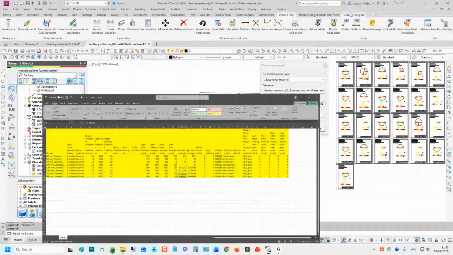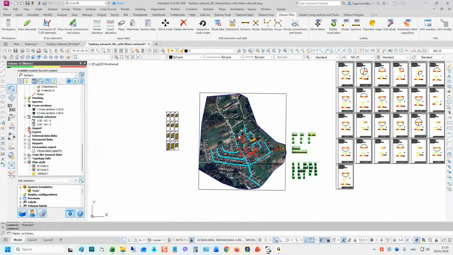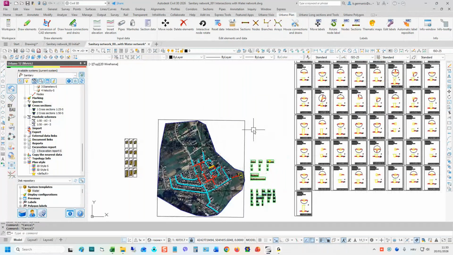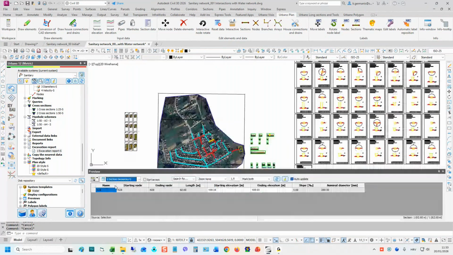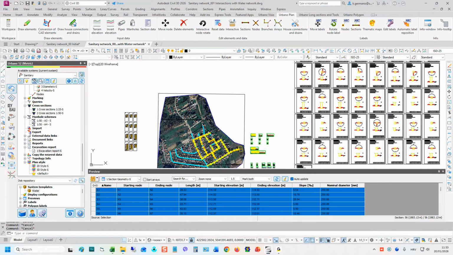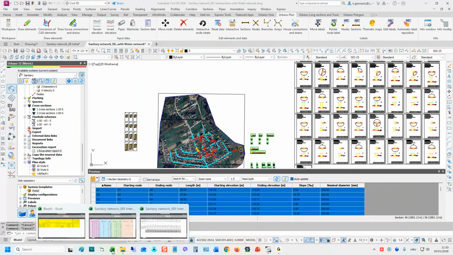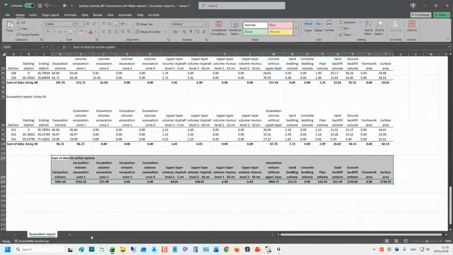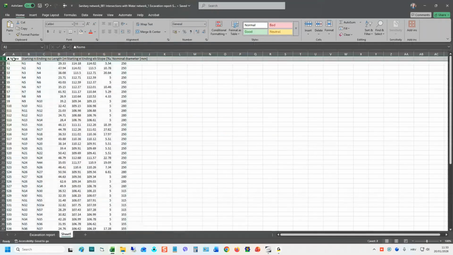Okay, so now that we created all these detailed drawings, profiles, we defined elevations and everything. So let's say this is done and we have everything, we have the reports. We can also extract reports from the tables, as I mentioned before. Let's say you just sort your network according to the names. You select it like this by picking on this corner here and copying the data and pasting it to Excel, let's say like this. So you can get reports very easily by simply copying the data from